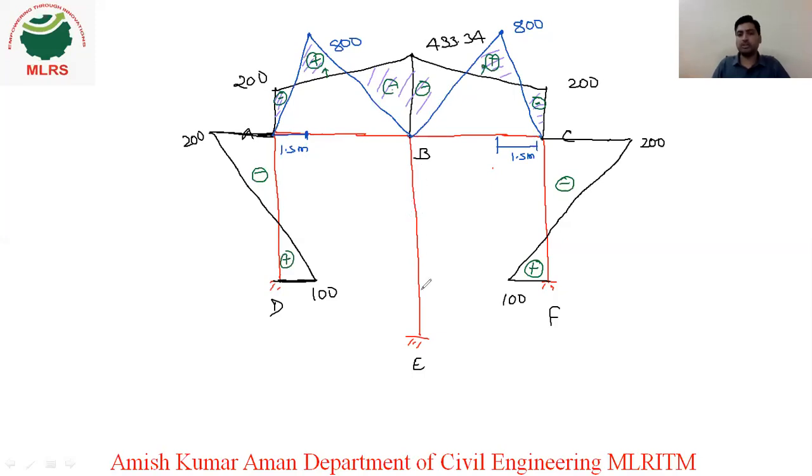On BE the moments are 0, that's why we have not made any bending moment diagram for the BE span. If you see the final moments for BE, we got moment as 0. So this is all about your bending moment diagram for this frame. So we have done with this problem.